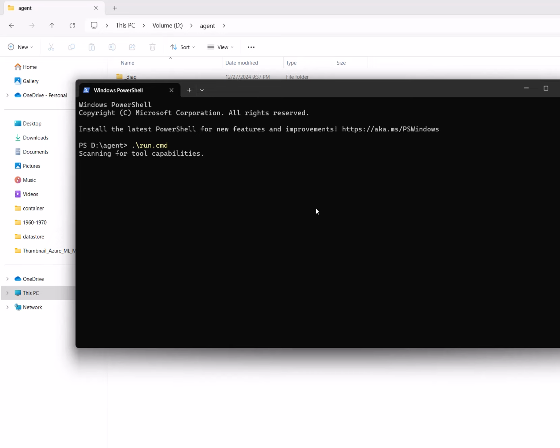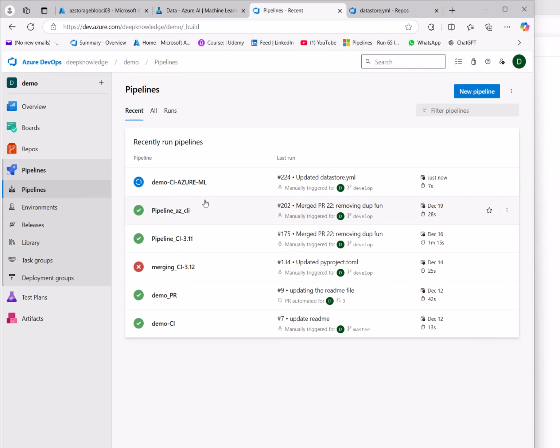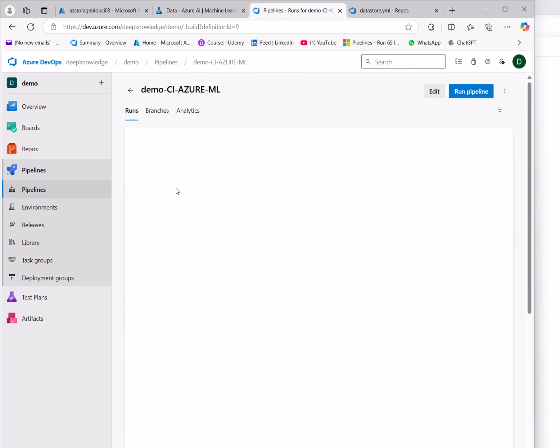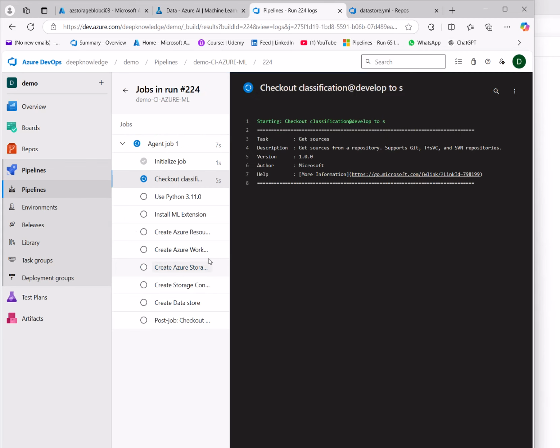It will check the capabilities, yes, and now it is starting to listen for any job from the Azure DevOps pipelines. Now you can see it's starting to process our pipeline. Now let me check. Yes, it's starting to install the machine learning extension.